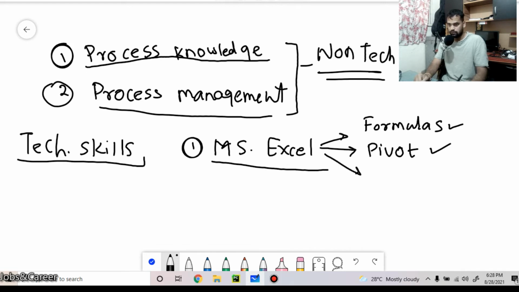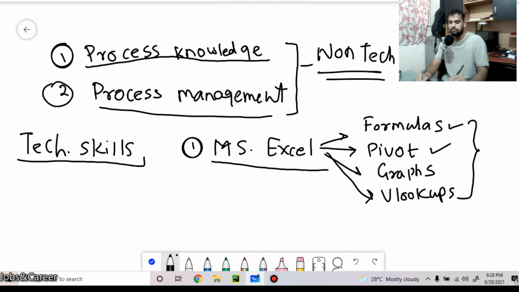Third one is graphs. Then VLOOKUPs. You should know at least these 4 points, at minimum, so that you can automate or simplify your task in a data science or data analytics job. So this is about Excel.